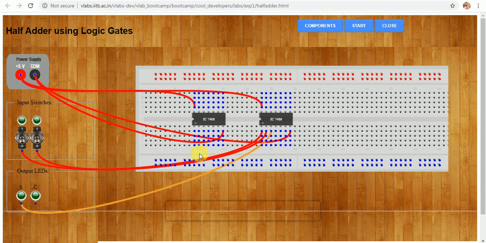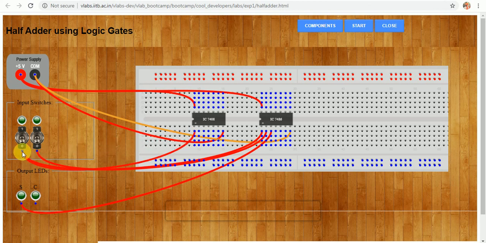Then we will use an AND gate from 7408 for completing the connection for Cout. Pin number 1 and 2 are the inputs of the first AND gate and these two inputs will be connected to A and B. Pin number 1 of 7408 is connected to A. Pin number 2 of 7408 is connected to B. Output of this AND gate is generated and transferred to pin number 3.